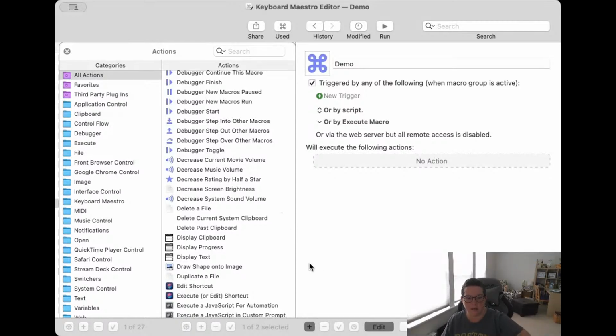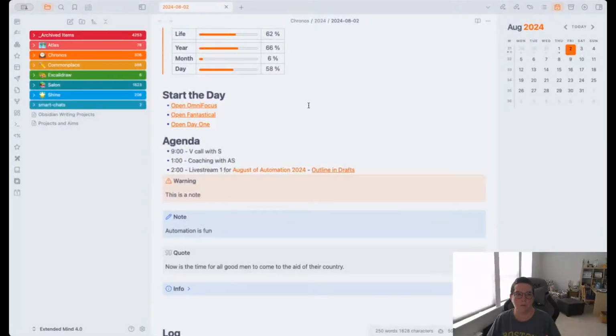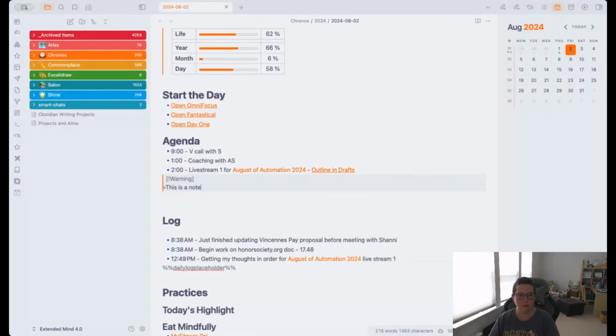So that's Keyboard Maestro. If I do choose to build out the call outs in Keyboard Maestro, I will show that to you at some point in the future. Until then, let's go ahead and take a look at how we can do it in Obsidian itself. So if we go into Obsidian, there we go. One of my absolute favorite Obsidian features, and I'm going to delete all of our little tests here just because it's getting very, very clunky. I don't want to actually delete my bullet there. There we go. All right, so let's delete those to keep that cleaner.